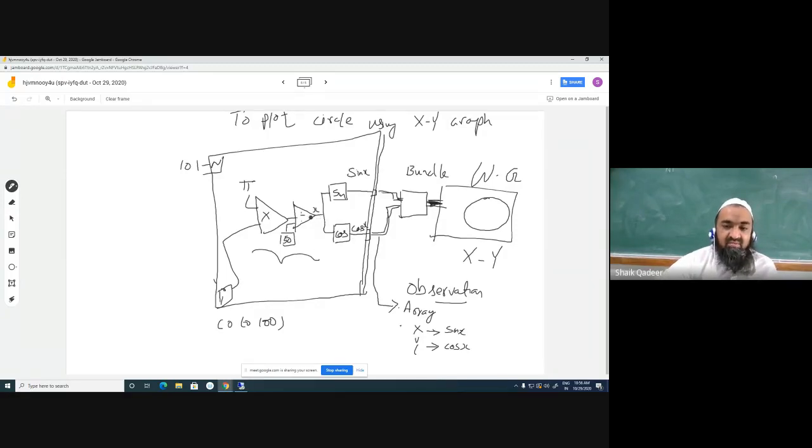Actually, we want this sine quantity to be an array, cos quantity to be an array. So for that, we are connecting the sine and cos values to the boundary of for loop. So this for loop converts the single value into an array. So the output of for loop is now an array of sine x and an array of cos x. Is it clear?